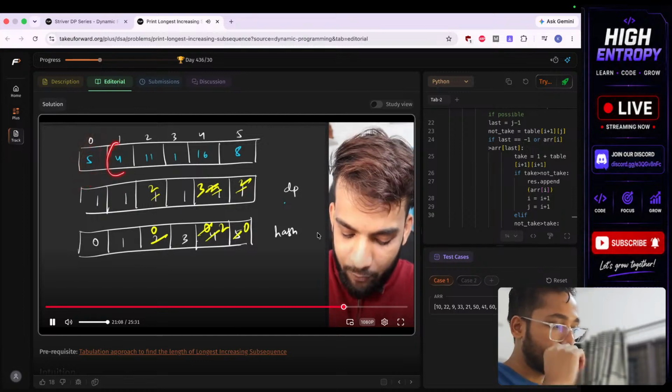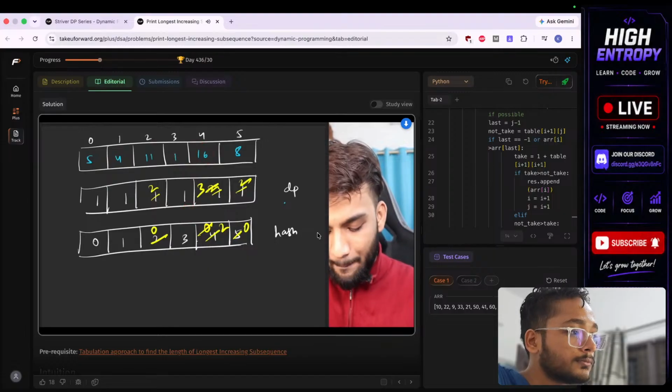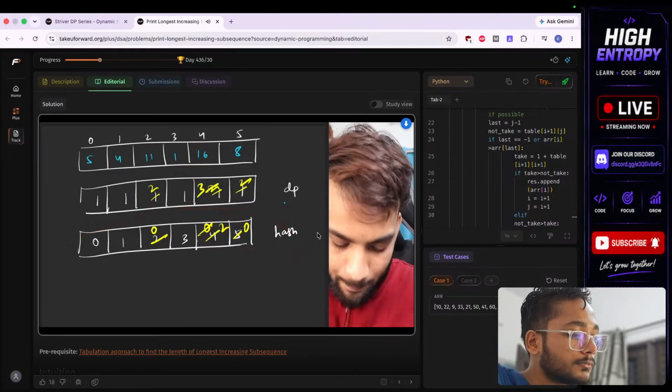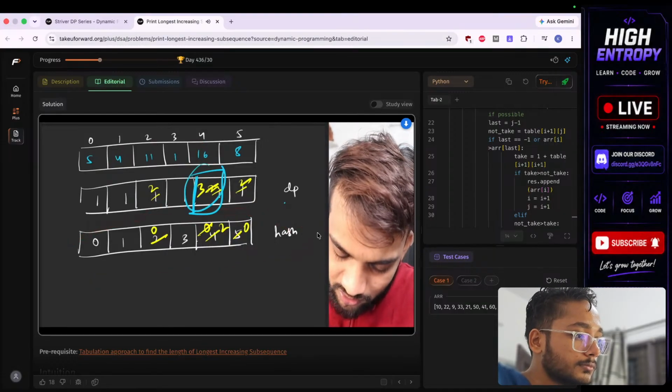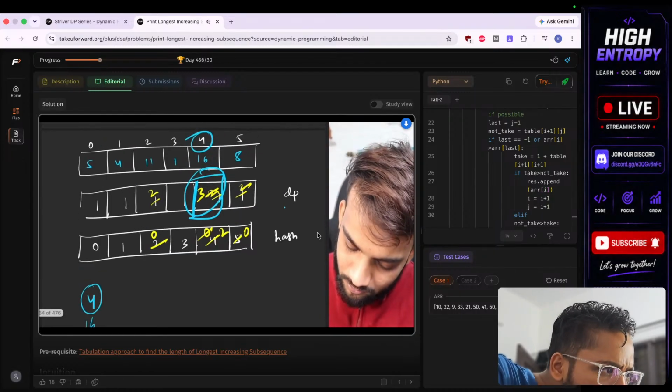While we were doing it, 5. Can 4 be an answer? 1 plus 1, 2, same. 11, no. 1 plus 1, 2, 16, no. So apparently your hash array is storing something like this, and the maximum value you got was at this index 4. So you start at index 4, take up that value 16. Next, you go to the